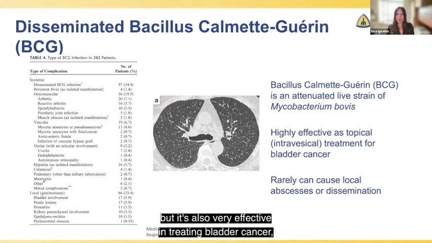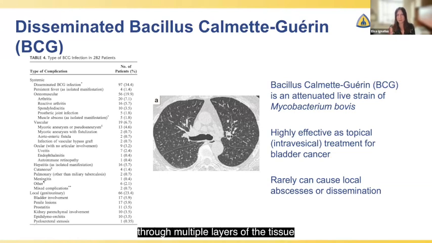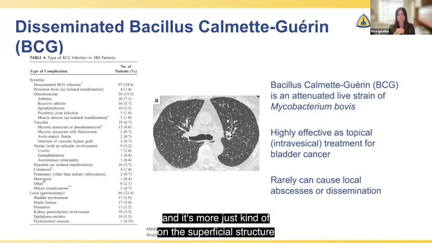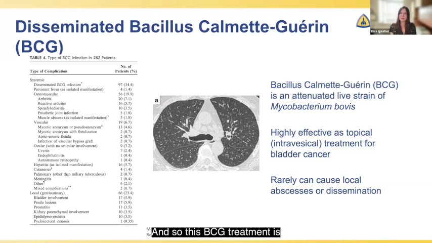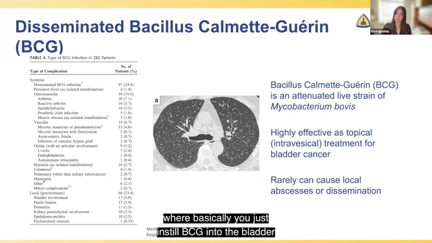But it's also very effective in treating bladder cancer, particularly when it has not yet invaded through multiple layers of the tissue, and it's more just on the superficial structure inside of the bladder. And so with this BCG treatment, you basically just instill BCG into the bladder through a catheter, and then it topically treats this bladder cancer. So it's very effective, fairly well tolerated, but in rare cases, though it has been very well described, it can cause local abscesses, local infections,